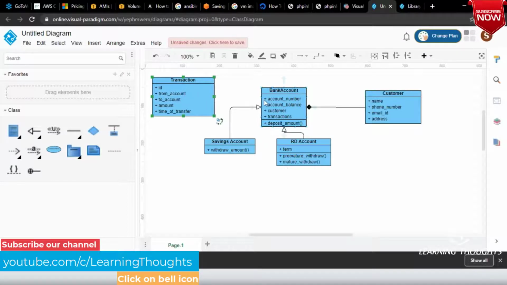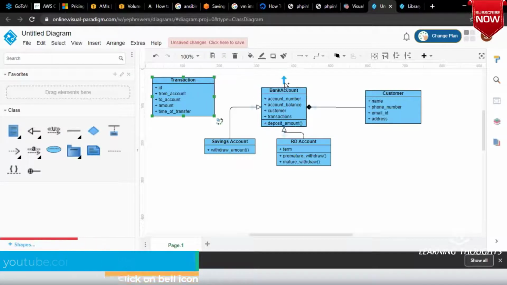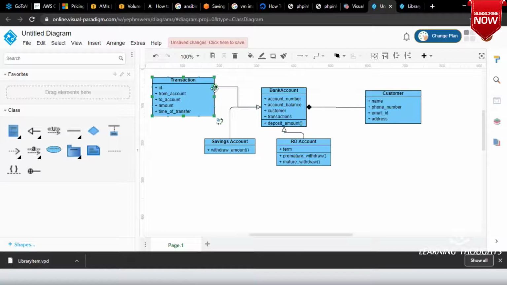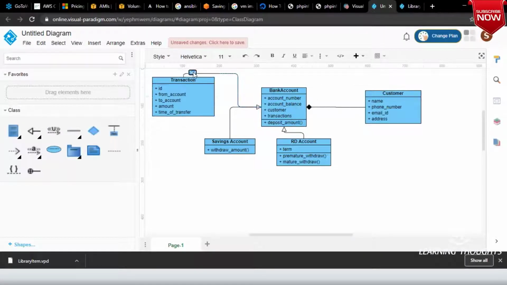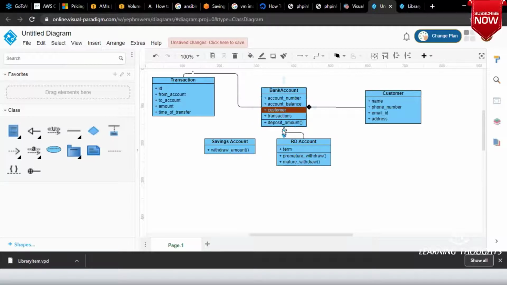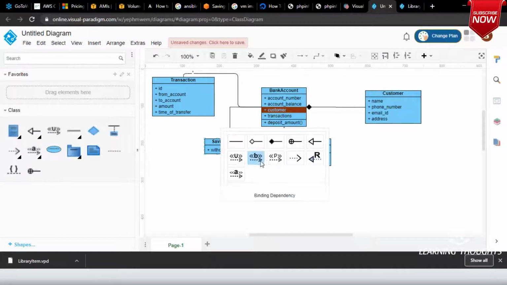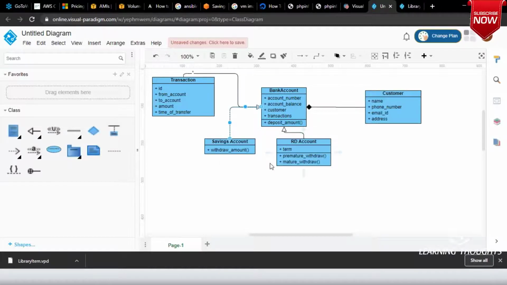Okay, right. Now every bank account will have, okay, oh, no, I want to put it over here. Generalization with, here we will be having star. Okay, and let me remove this.